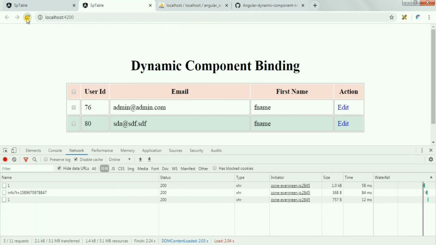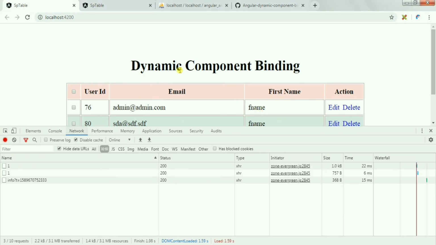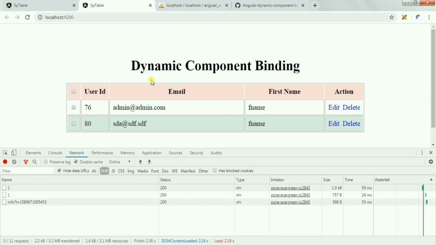This will be a good solution to make your application fast, and if you want to load any kind of table using this type of lazy loaded feature, you can easily do that. That's all for this. I'm trying to create a separate application for this.